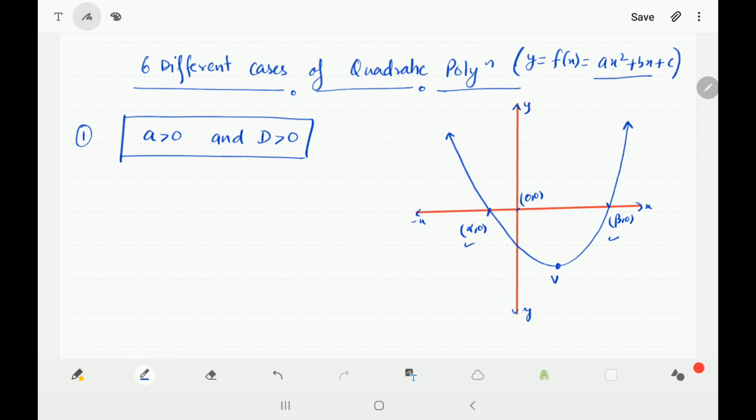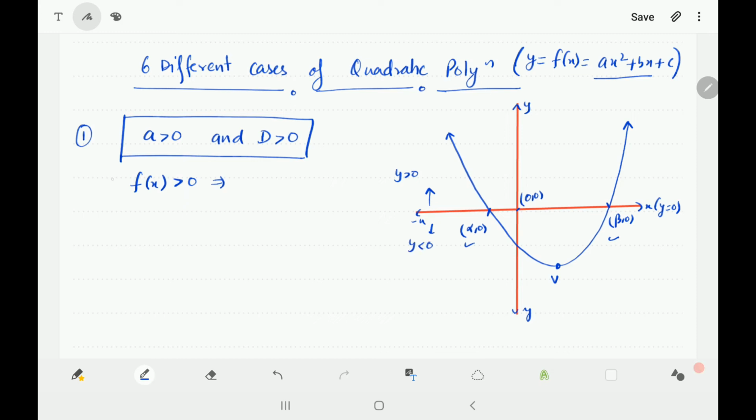Okay, now suppose we were solving a problem and we face this kind of inequality, f of x is greater than 0. What will be the result? This also we will get to know through the graph only. If f of x is greater than 0, then it means that my function has positive values. The x-axis equation is y equal to 0. Above the x-axis y is positive and below the x-axis y is negative.